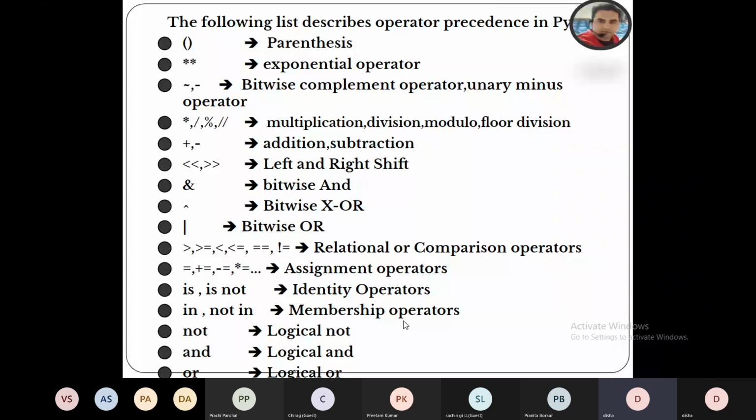When I move from top to bottom, the priority decreases, because parenthesis at the top has the highest priority, and logical or has the lowest priority. But you can see that multiplication, division, modulo, and float division are in a single line, meaning they all have equal priority.